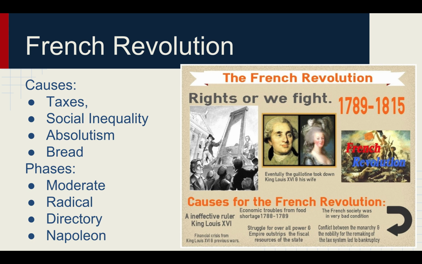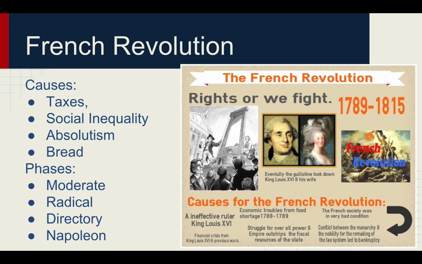Maximilien Robespierre says that there are enemies in France and enemies outside of France. He tells the French revolutionaries that everyone will join forces and fight for the revolution. They call it a levée en masse. And Robespierre says, we'll have a Committee of Public Safety, which was neither a committee nor public nor safe. And it leads to the Reign of Terror, with an estimated 40,000 people losing their heads in this new humane